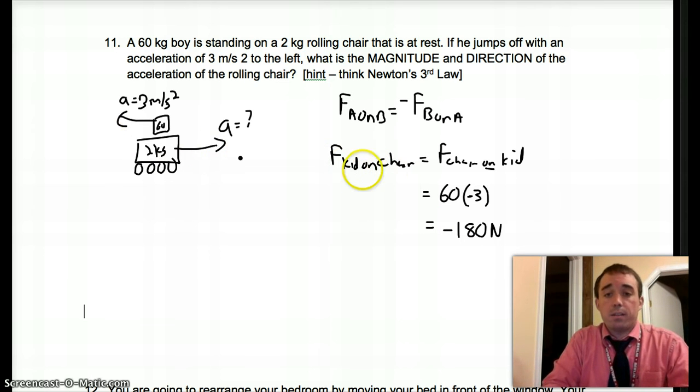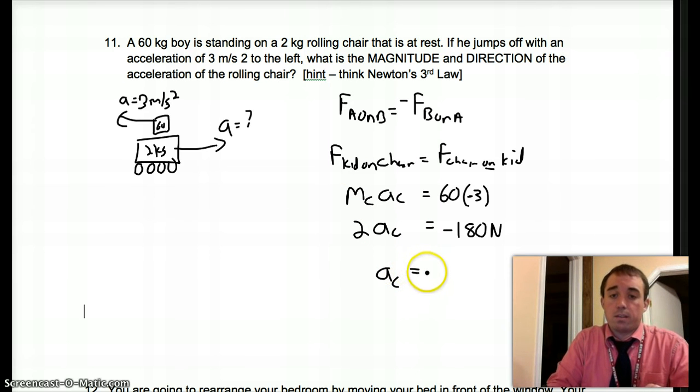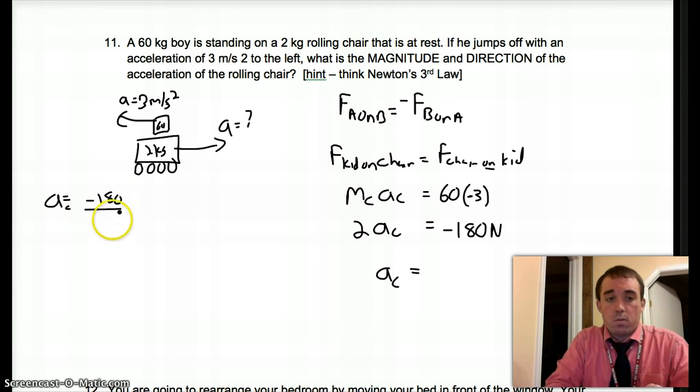Force of the kid on the chair: since the chair is pushing on the kid, making the kid go to the left, the chair has a force to the right. And that force is the mass of the chair times the acceleration of the chair. And the mass of the chair is 2 kilograms, times the acceleration of the chair. So, solving for A of the chair, the acceleration of the chair is going to be negative 180 over 2, which is going to be negative 90